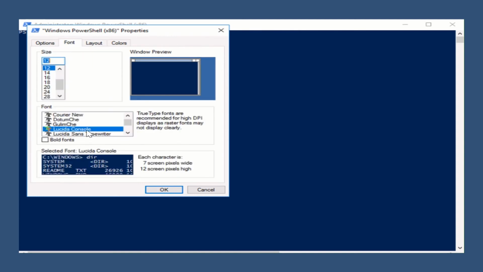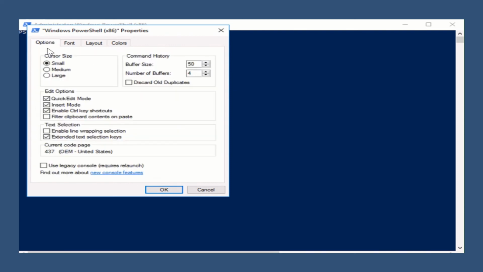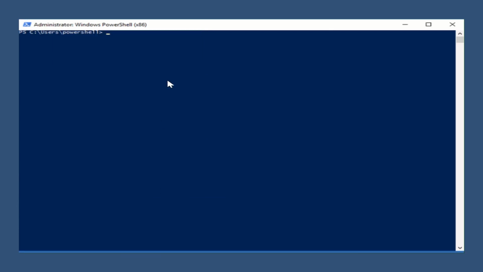Now in the font section you can change the font and size of the text as well. But the most important thing is quick edit mode and insert mode in PowerShell. With quick edit mode and insert mode, you can copy and paste any content from inside your shell to somewhere like Notepad, and from Notepad to the shell as well. Like I'm writing here Get-EventLog Security, and I just drag the mouse over this text and hit enter.